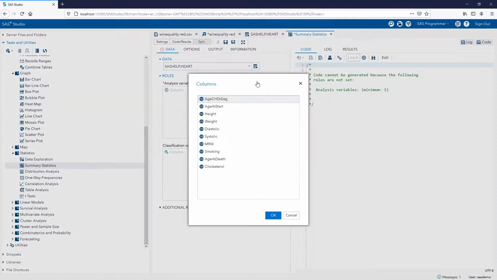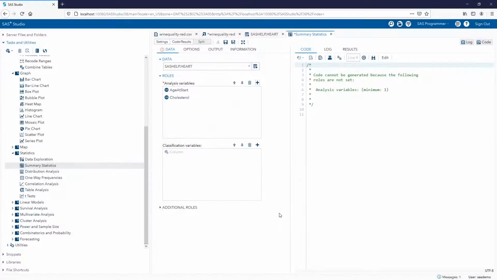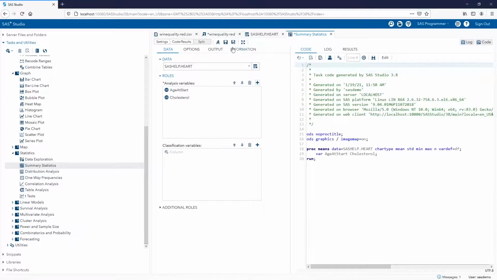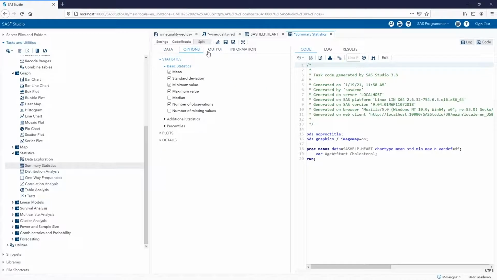Let's investigate the age at start variable and the cholesterol variable. If we navigate to options, we can include the skewness and kurtosis, and then click on Run.